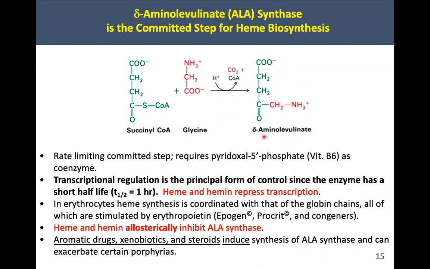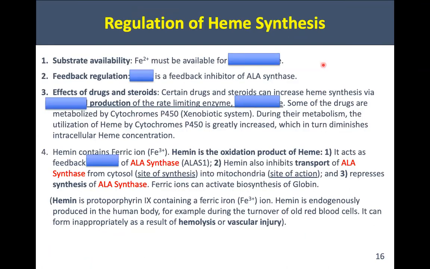So yeah, it's going to lead to an accumulation of the substrates in the scenario that you have an enzyme deficiency. And so the main thing that you want to look out for is that if they mention someone who has one of the porphyrias that we've mentioned, either acute intermittent porphyria or porphyria cutanea tarda, and you give them aromatic drugs, xenobiotics, or steroids, it's actually going to make the disease even worse, because these three things induce the synthesis of ALA synthase. Because you're inducing the synthesis of ALA synthase, it leads to more substrates. More substrates is going to lead to more disease severity. Okay, so